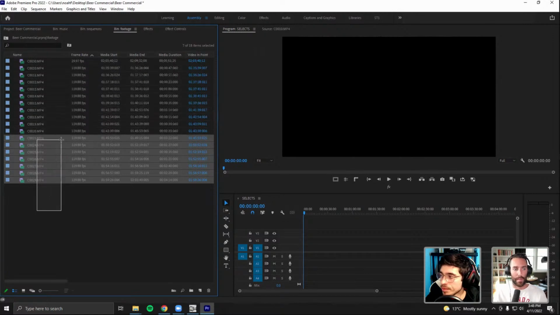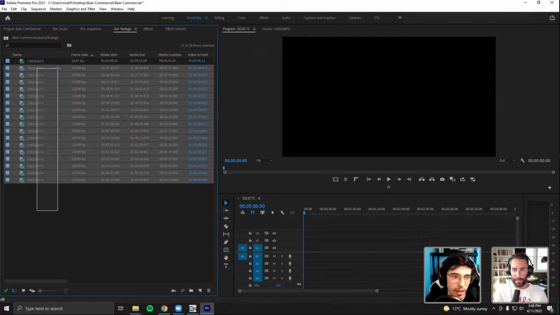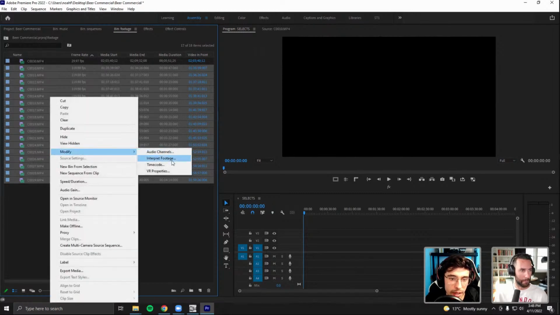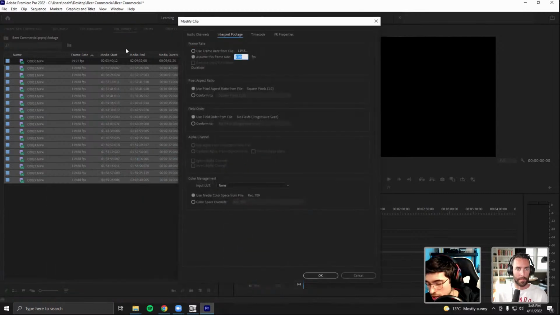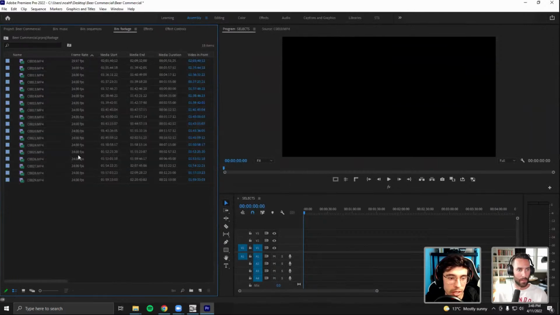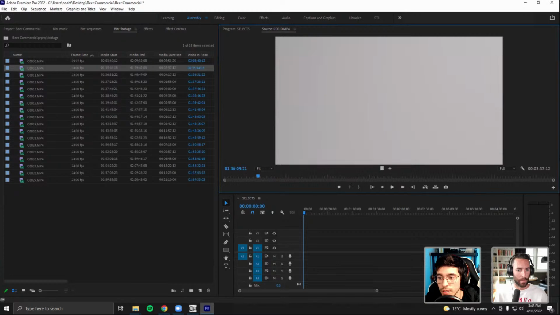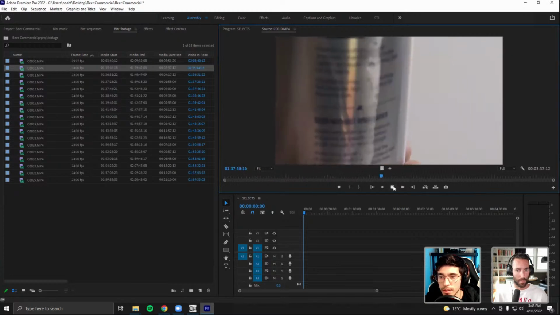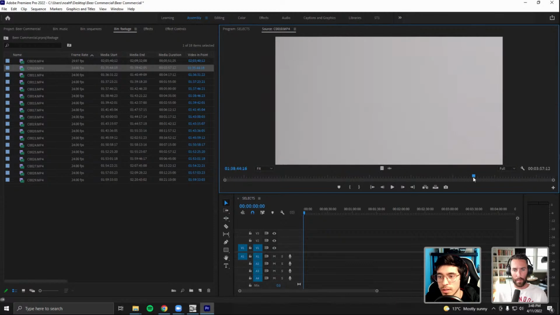If you didn't change the speed that way, because I definitely leverage that method, the other way you would maybe change the speed is by interpreting the frame rate of the clip, right? Exactly. That's what I prefer to do, especially if I shot it knowing I'm going to slow it down anyway. I look at all my clips and see they're all 120. So I highlight all of those, right click, modify, interpret footage, and change this to 24, because that's the same frame rate as my timeline. Now you'll see it changes to 24, and when I play it back, it's a lot slower.